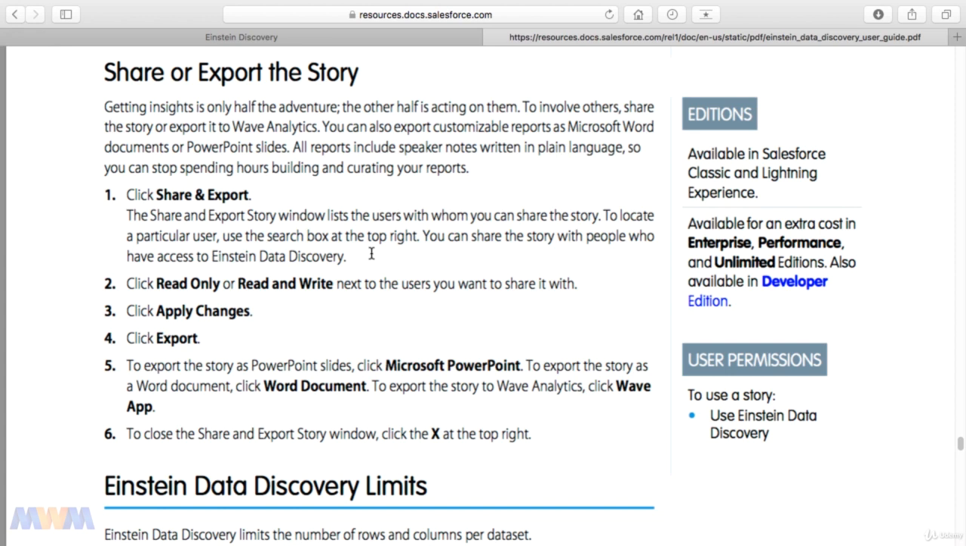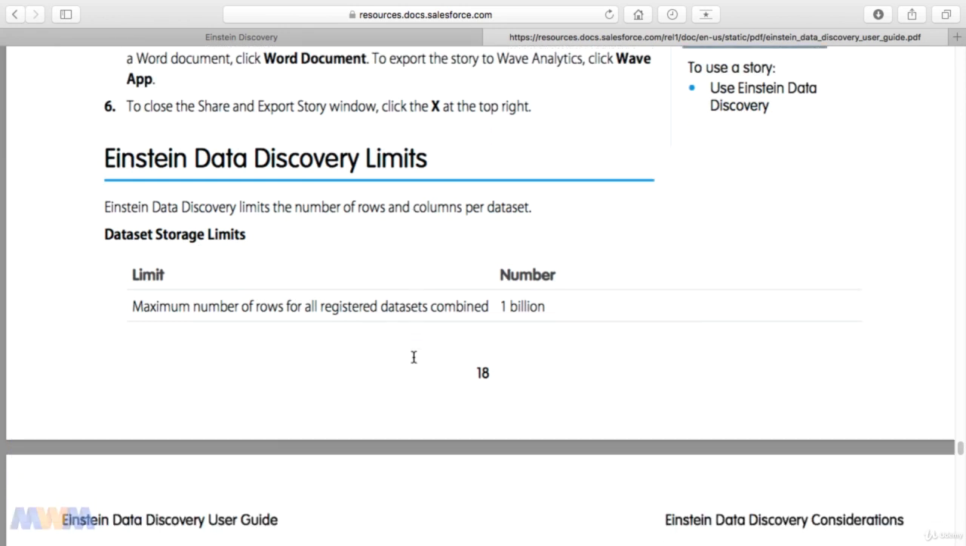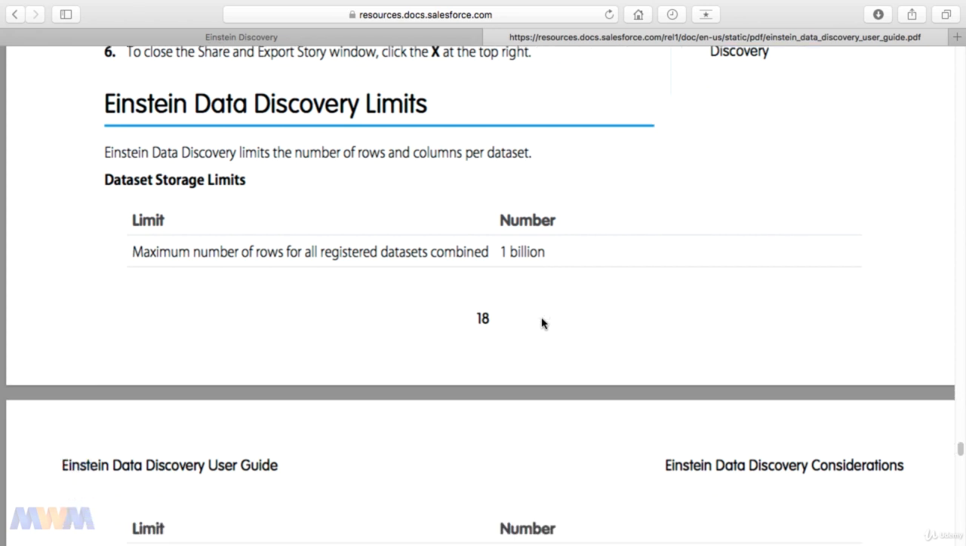There's also a setup guide for Einstein Discovery if you're tasked with setting up Einstein Discovery in your own Salesforce organization as like an administrator or developer. But then also I wanted to point out some of the data discovery limits that I found in this particular document. We've talked a little bit about the limits of Einstein Discovery, and so I did run across the maximum number of rows for all registered data sets combined is 1 billion. So your Einstein Data Discovery account is limited to 1 billion rows for all data sets combined in your Salesforce